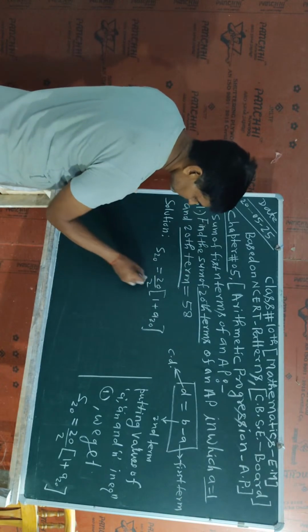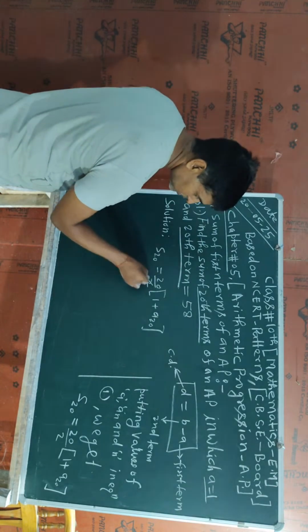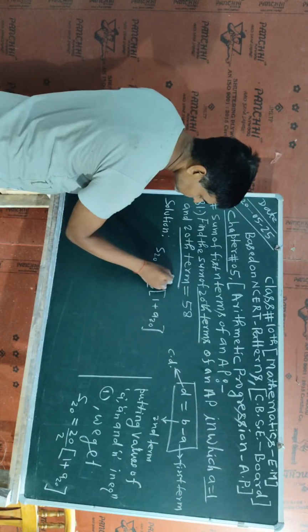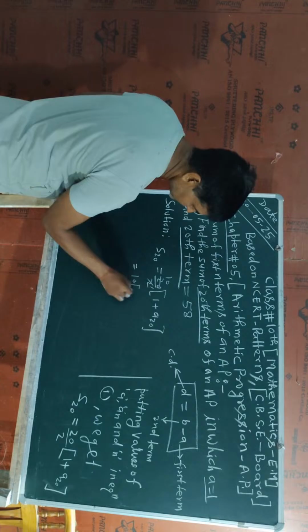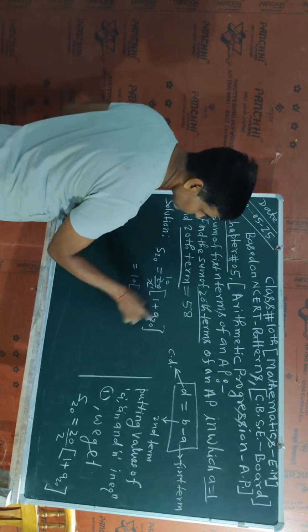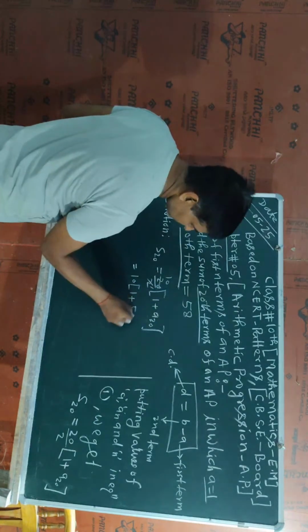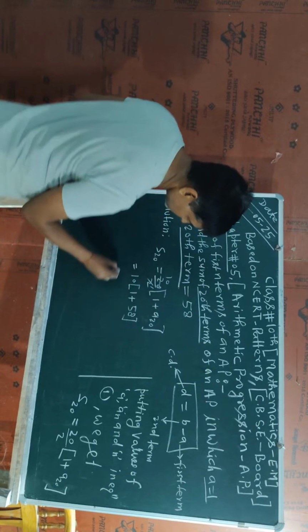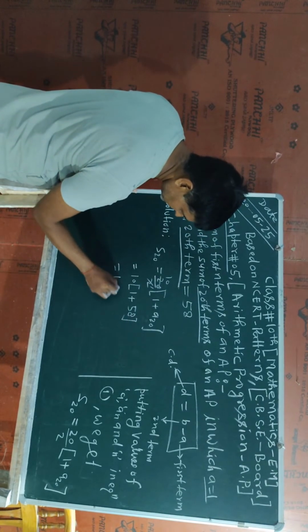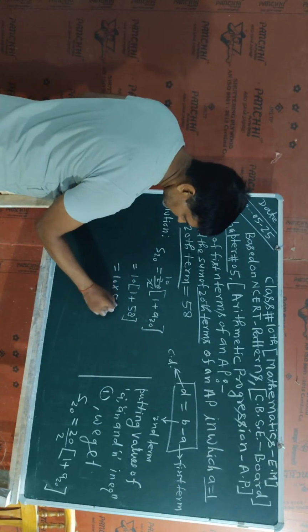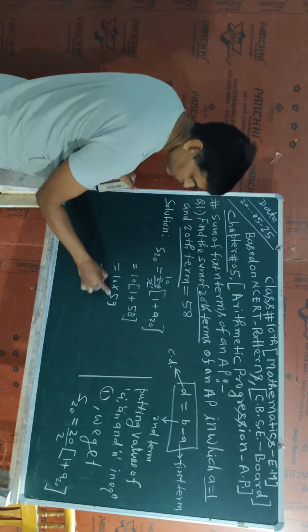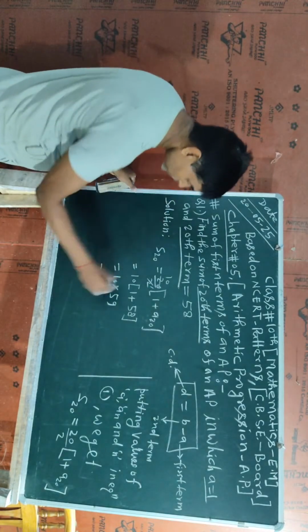Now here I divide 20 by 2, which gives 10. So 10 times 1 plus, in the place of a20, 58. So I will simplify: 58 plus 1 is 59, and I will multiply 10 into 59, which will be